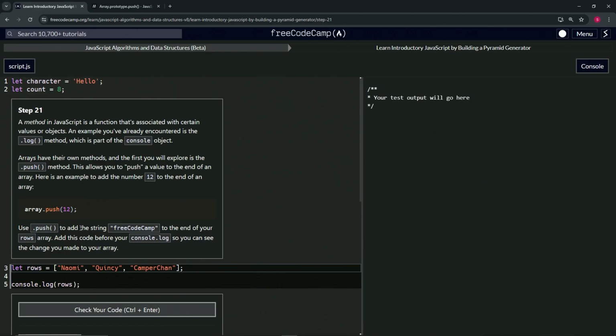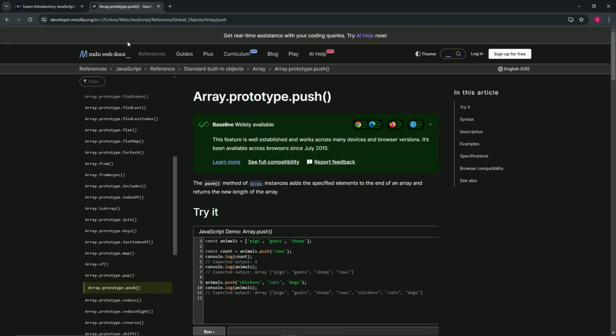So we're going to use the push method to add the string freeCodeCamp to the end of our rows array. In between here on line 4, we'll say rows.push, and inside the parentheses we'll have the string freeCodeCamp, like that. And it's going to say the same thing over here. Basically, we've got a const animals, this array animals. We're going to push cows to the end of it, and then when we say console.log(count),